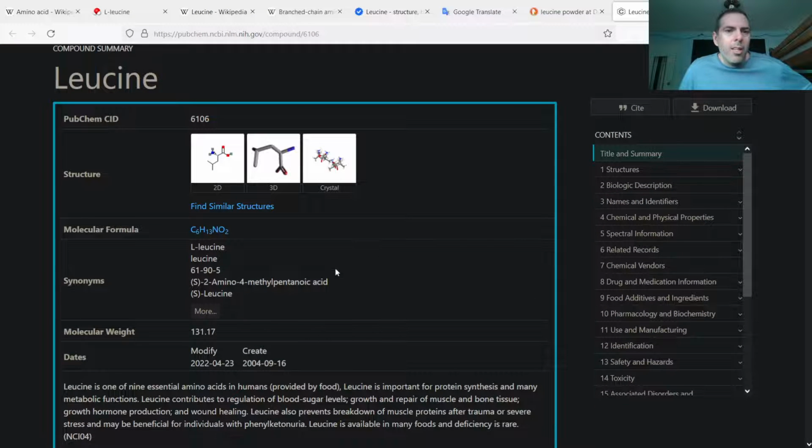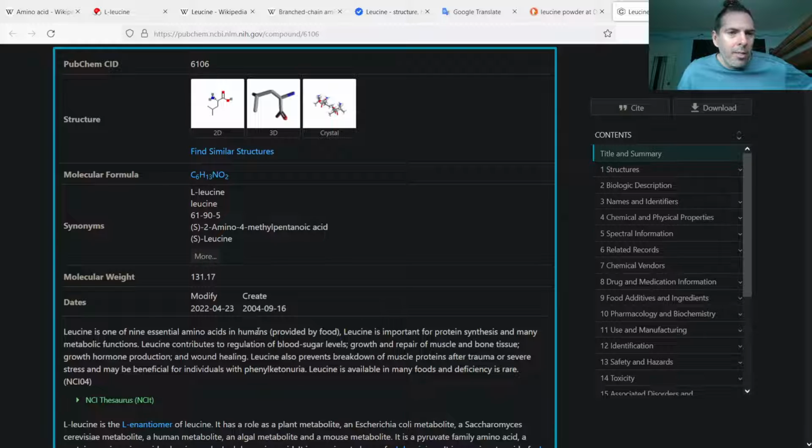It is an essential amino acid, essential in humans. I guess that's a good point: when we say essential, essential to what organism? Most of the time it's humans, but you might need to point that out. It's an essential amino acid in humans, meaning that we can't make it from other components. We need to have it as an ingredient in our diets.